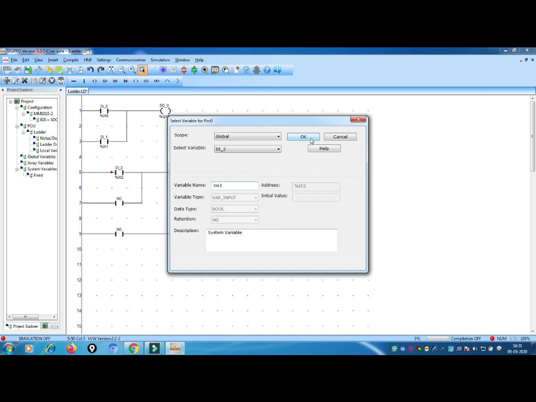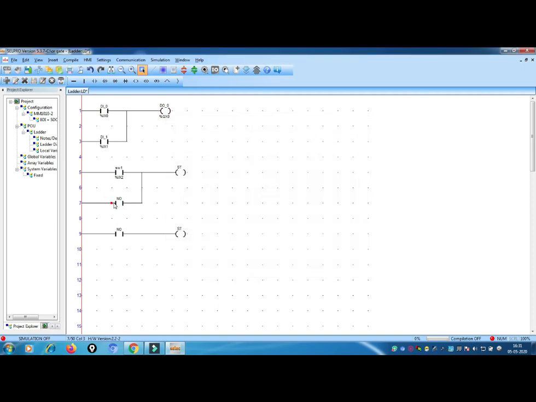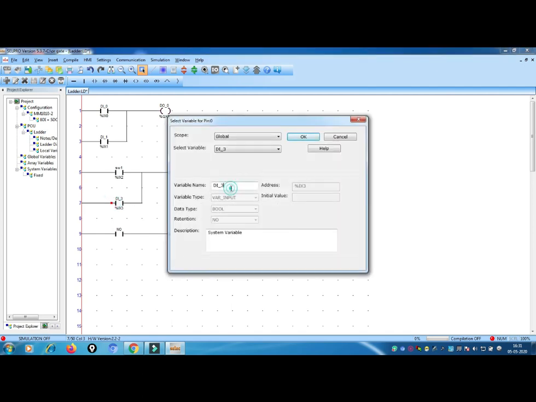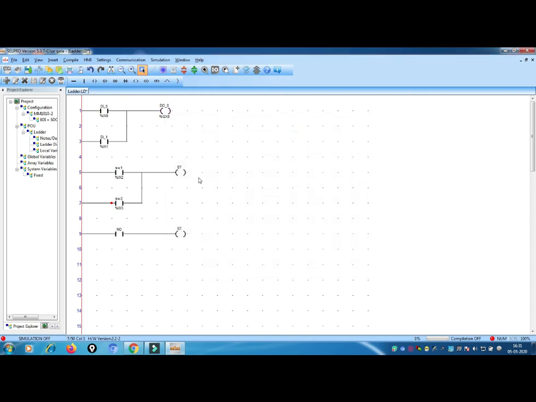Okay, now for this one, switch 2, there is no need to double click. First you select the input name, and DI3 I will take, and again I will rename it. So DI3 is acting as switch 2. This is because if you are connecting the hardware circuit, DI1 and DI2 are very mandatory, guys. That's why we are keeping them. See, the address is important; it should be in IX only, meaning %IX is the address of this input. So for any input it will be like IX only.